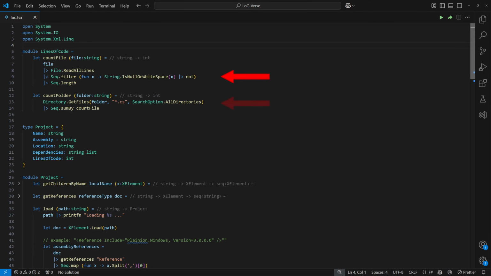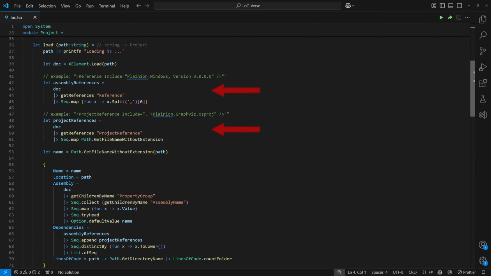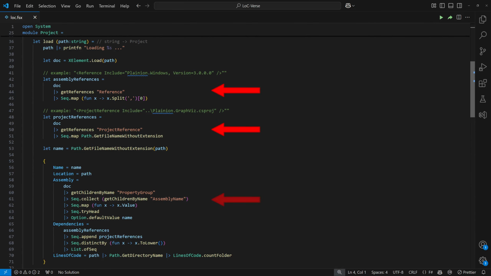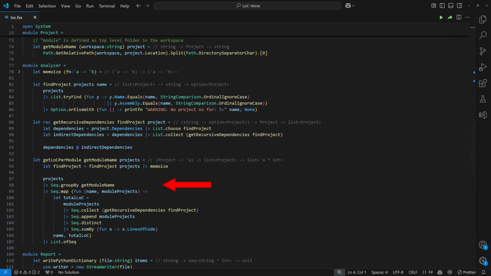The lines of code module contains functions to count lines of code for given files and folders. The project module handles parsing a given project, extracting its dependencies and DLL name. It also uses the lines of code module to count the lines of the project. The analyzer module groups all projects by the top level folder, as these represent the key features in my codebase. It then sums up the lines of code of all projects within the module, including the dependencies of these projects